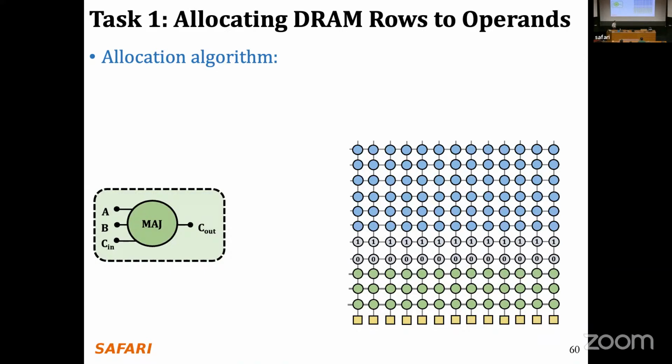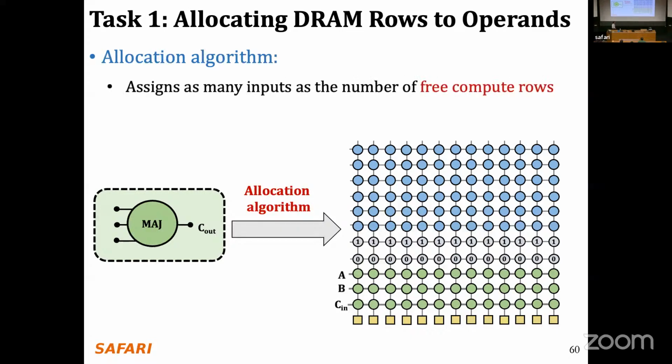So the way that we are going to do this mapping is quite trivial, actually, but we are going to do some optimizations along the way. The first thing that we are going to do is go through every single one of the edges of this circuitry here, or every single one of those inputs, because those represent input rows that we need to have inside the DRAM substrate itself. So we are going to allocate every single one of those inputs as input rows inside the DRAM array itself.